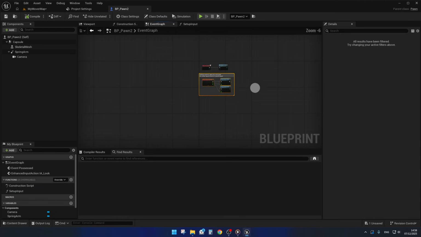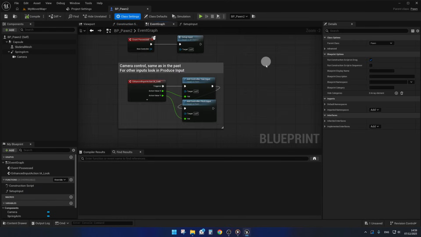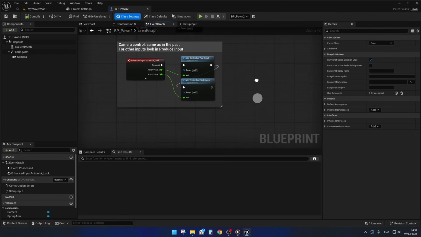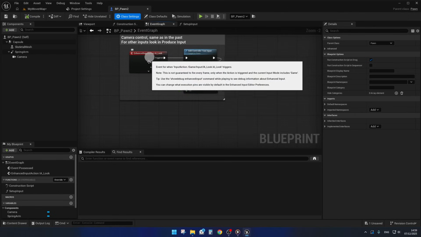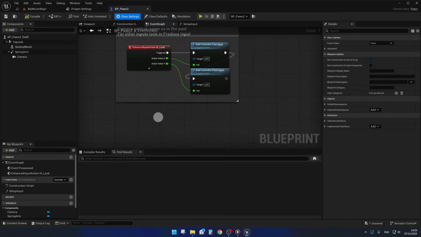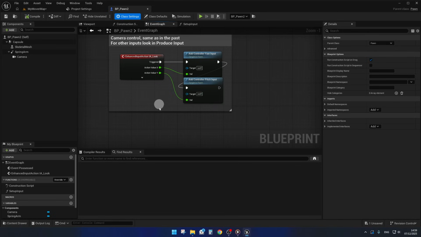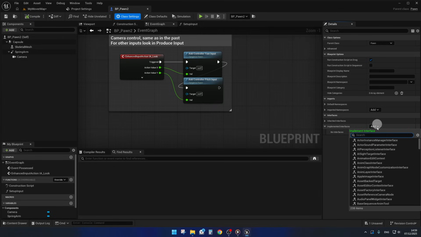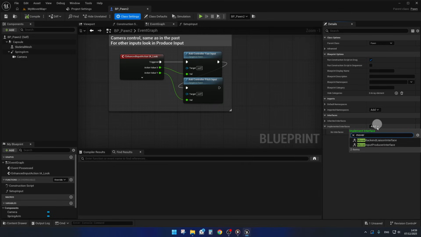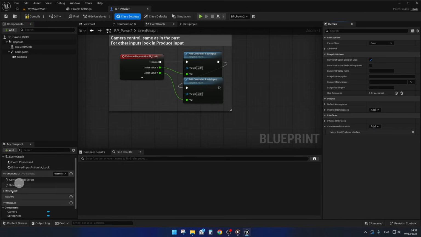And now we will add the new stuff. So with the old system, we would here add those input actions for move, etc. And with mover, it's completely different. Now we have to go to the class settings, and in the implemented interfaces, click add and search for mover. And we have the mover input producer interface, and we add it. And when we add it, we have